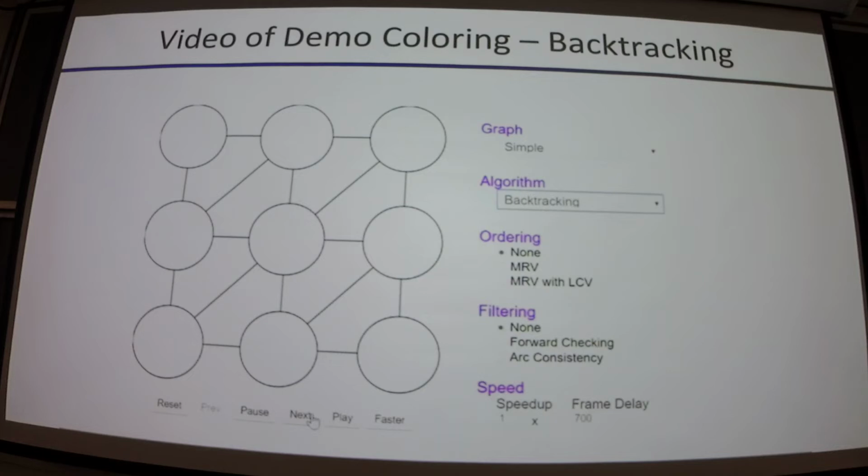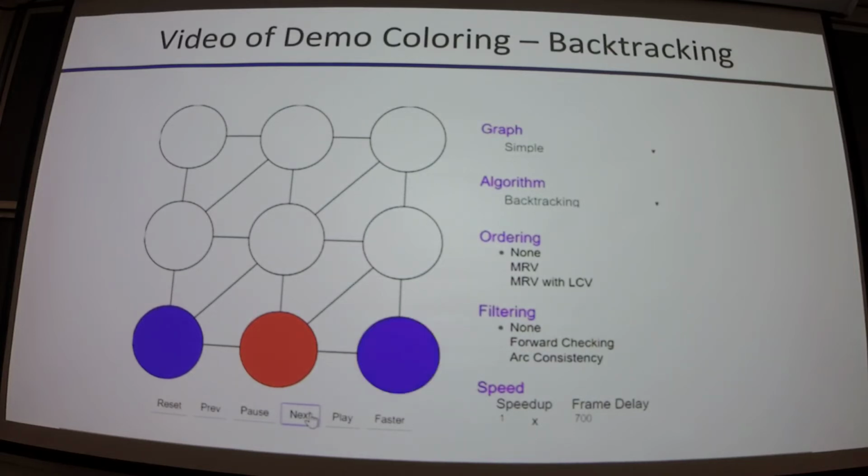So let's look at how backtracking works in this example. So we do blue, right? Already we're different. DFS would have assigned this blue, but blue's not an option. So it picks red. And then we continue. Blue is again an option there, so we can assign blue. And on we go.